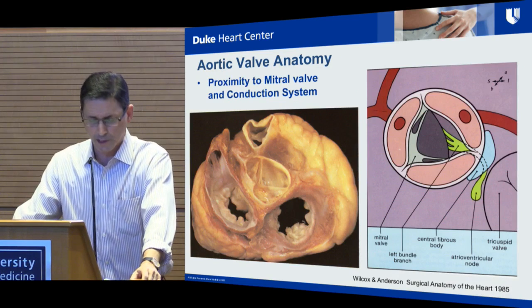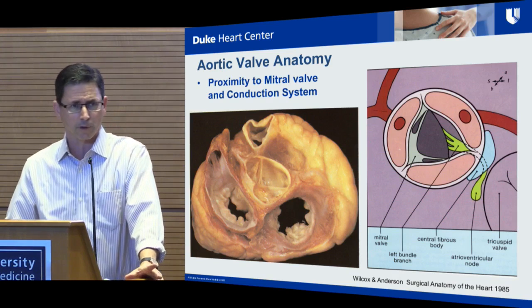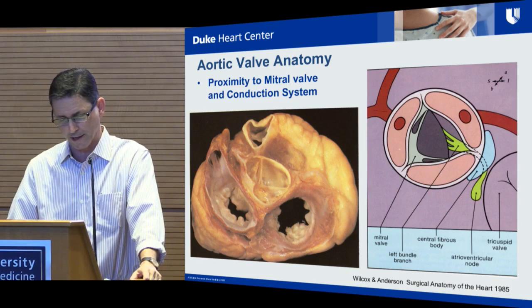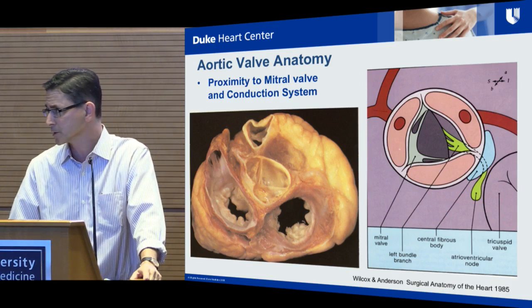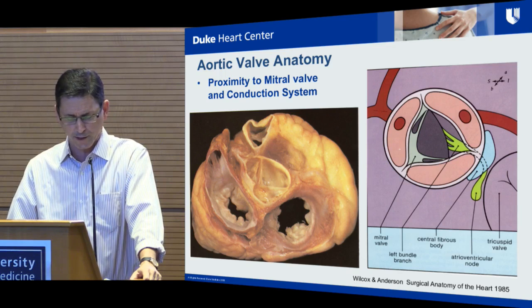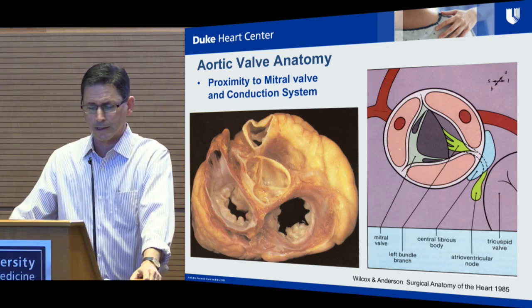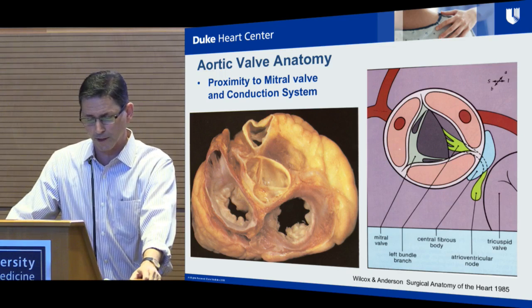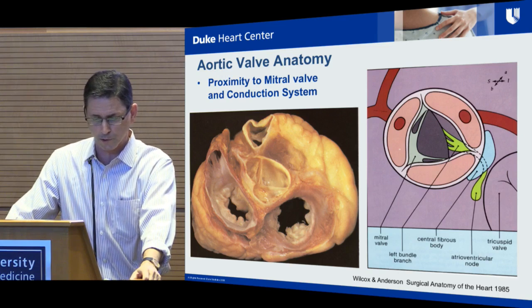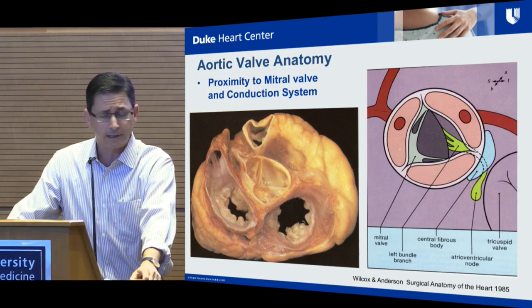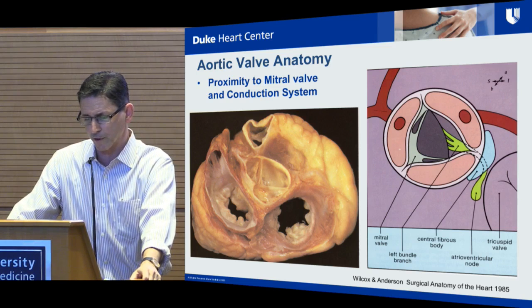One of the common views I think is important is to look at the relationship between the valves, because when you're working in this area, whether it's a surgical approach or a transcatheter approach, what you do in one valve affects the other. So on the left-hand side at the bottom, you see the mitral valve, how it's closely opposed to the aorta in the center, and then also the tricuspid on the right,